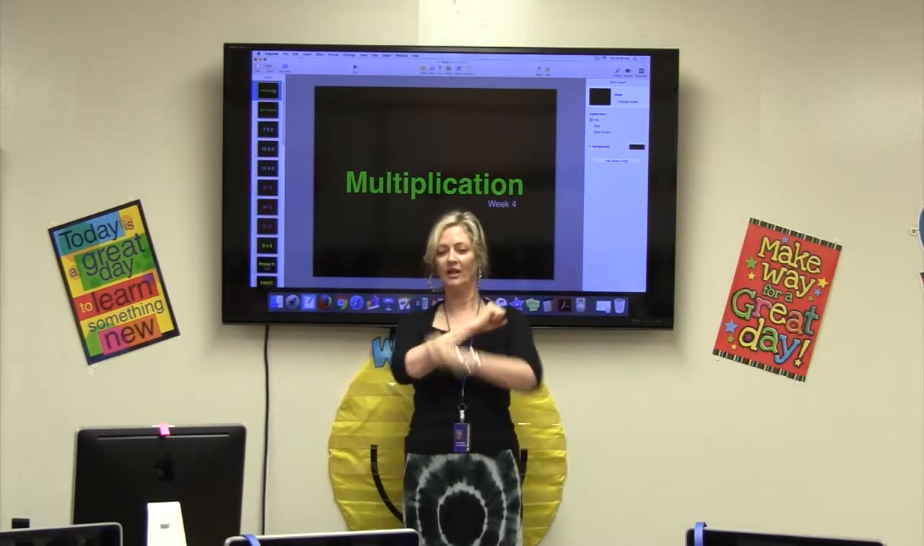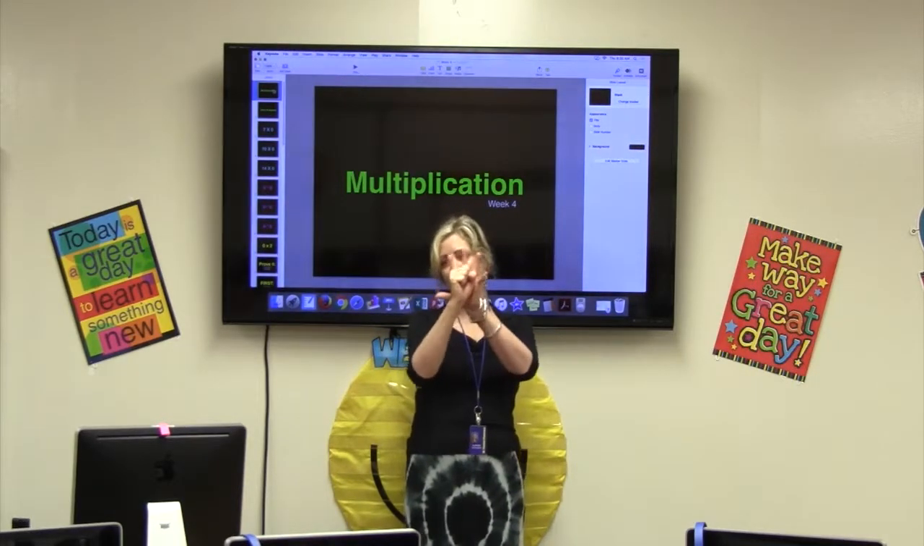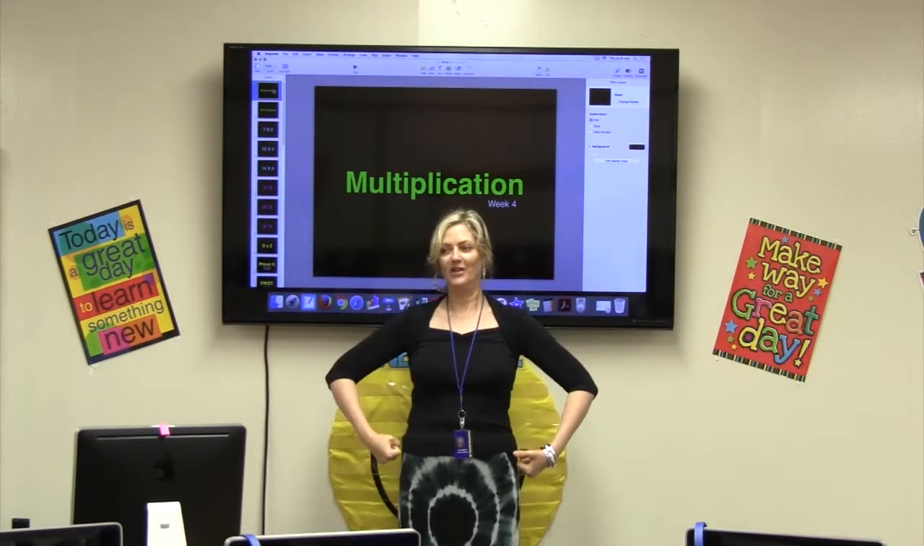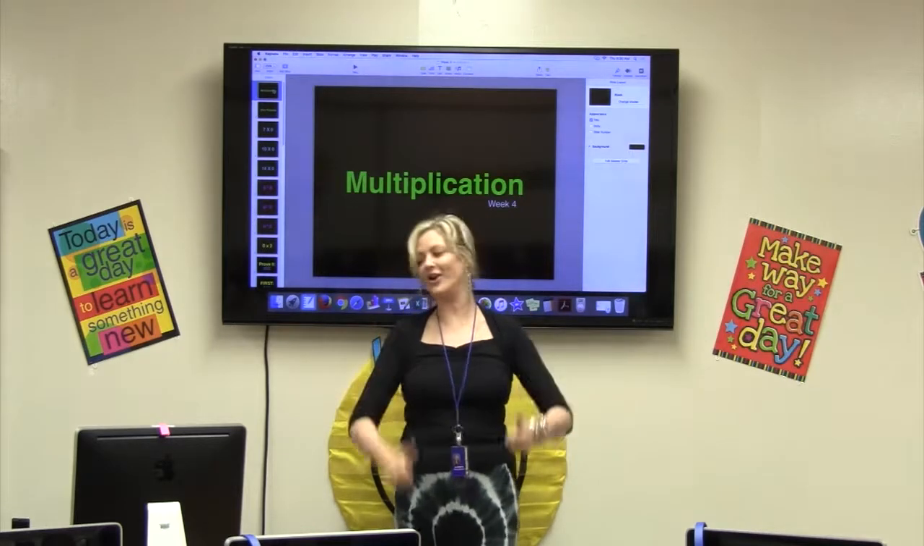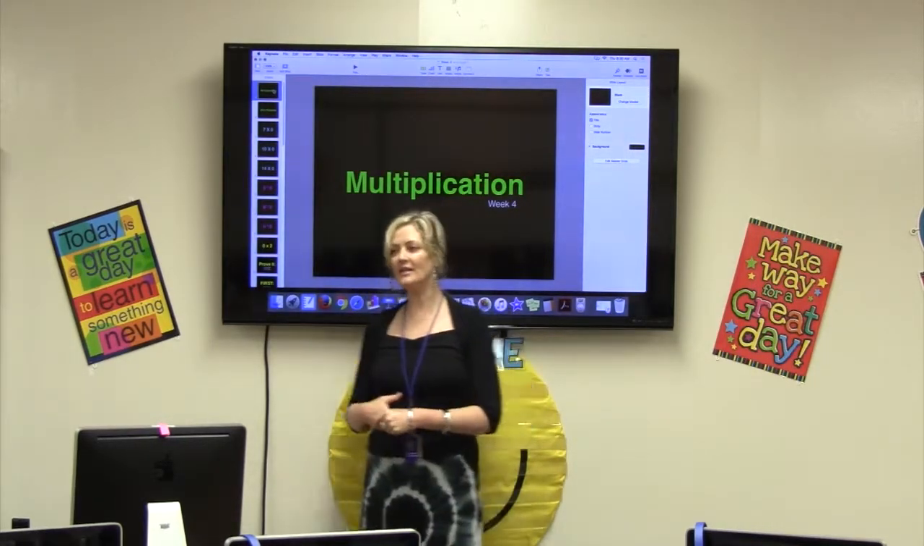What's the next one? The dot. Boom, it's the dot. Very good. Or it could be an asterisk. Very good. All right, and what's the last one? Parentheses. Very good. Not the green hole, but definitely parentheses. All right, that's awesome. Okay, we are on week 4 of multiplication with this, and today we're going to be